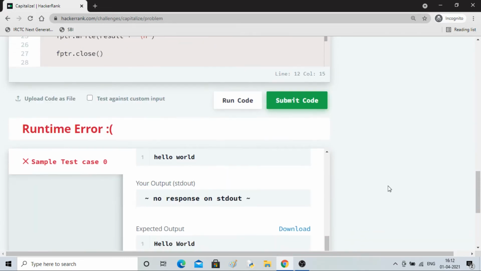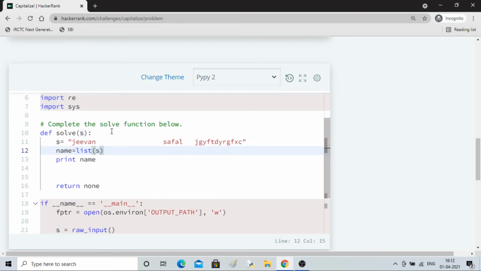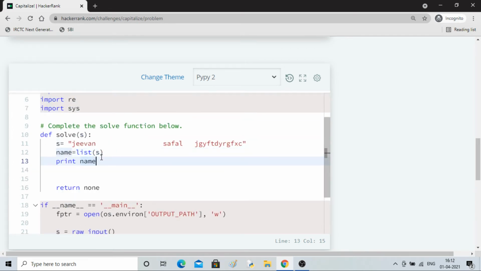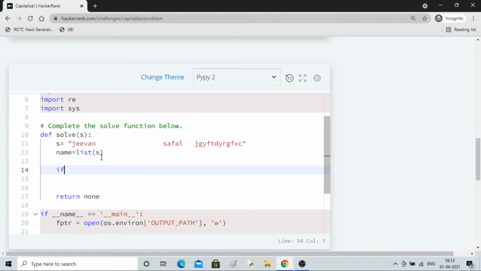So what I'll do is, the first guy I will exclusively capitalize. Okay, let me do it. I'll just use an if condition. I'll see if name 0 is alphanumeric.